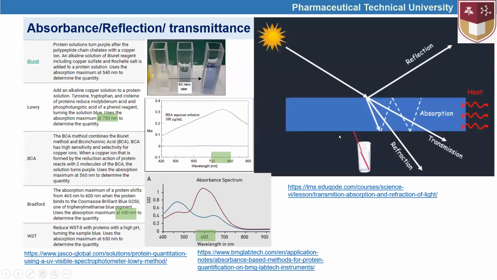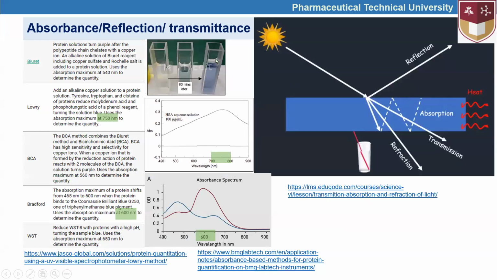Okay, and on the other hand, the absorption might cause heat. So this is about physical interaction between light and matter. The main point we need to understand is that the light